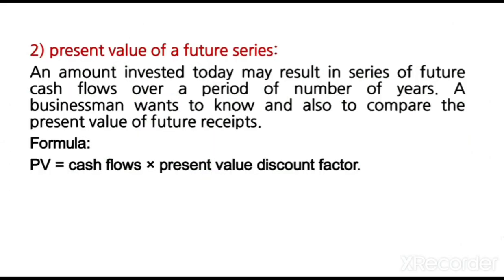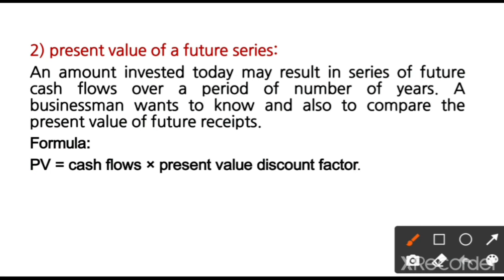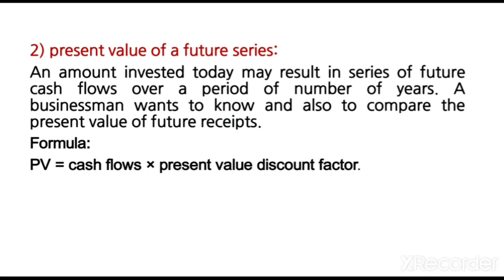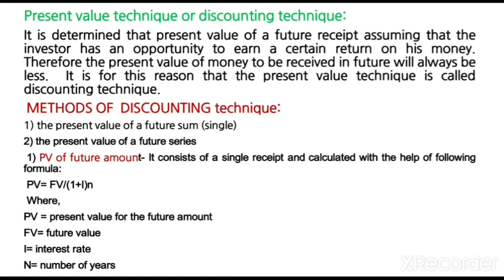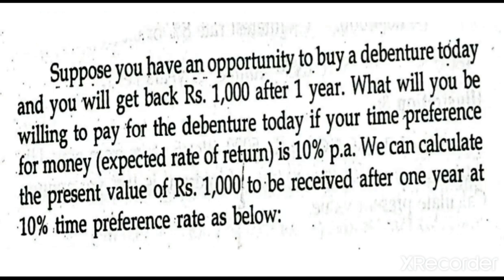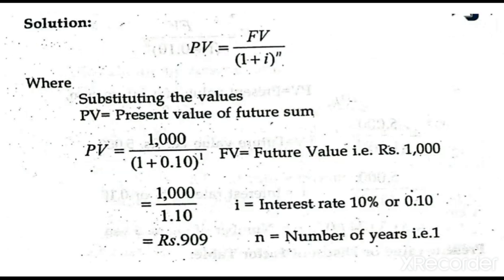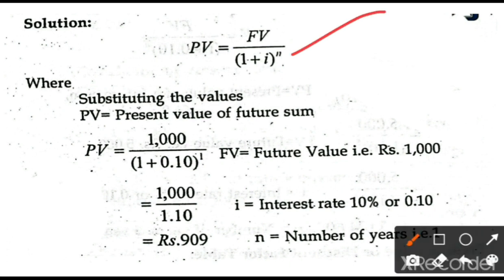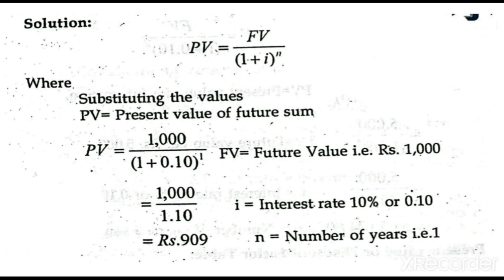Let me show you first. So this is a formula. If they are given the discounting factor and also the cash flows, then we get the present value. So this is the second type of formula. There is no need to find it difficult. Based on the information we have to understand. If they are given future value plus rate of interest, then we have to use this formula and simplify that in a single series.